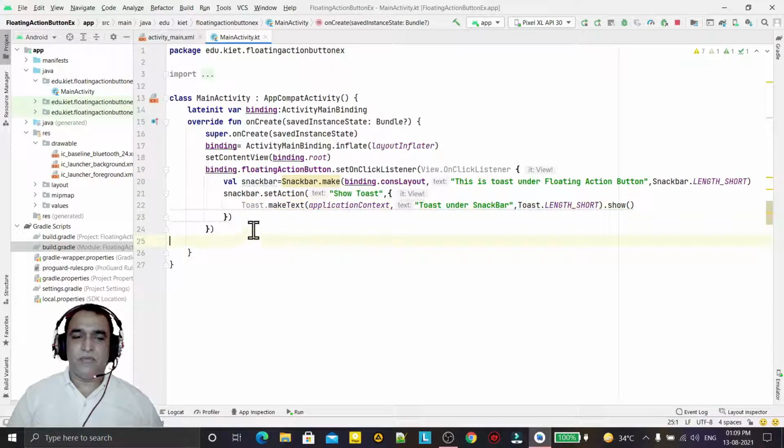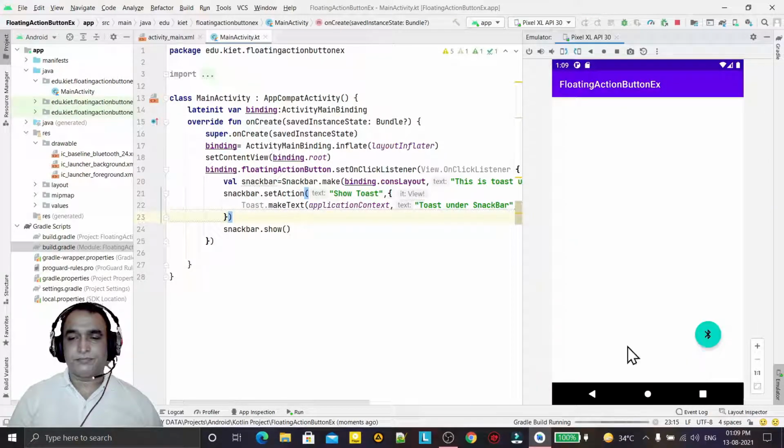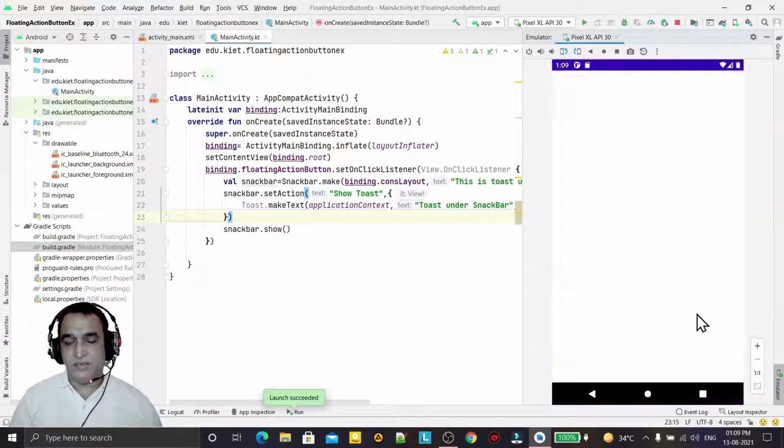You see we have added the action also. Now we want to show it, so snackbar dot show. I'll show you that it will look better, and it will come with the action, if you want to perform something after the message is displayed in the snack bar. Like this it has come.